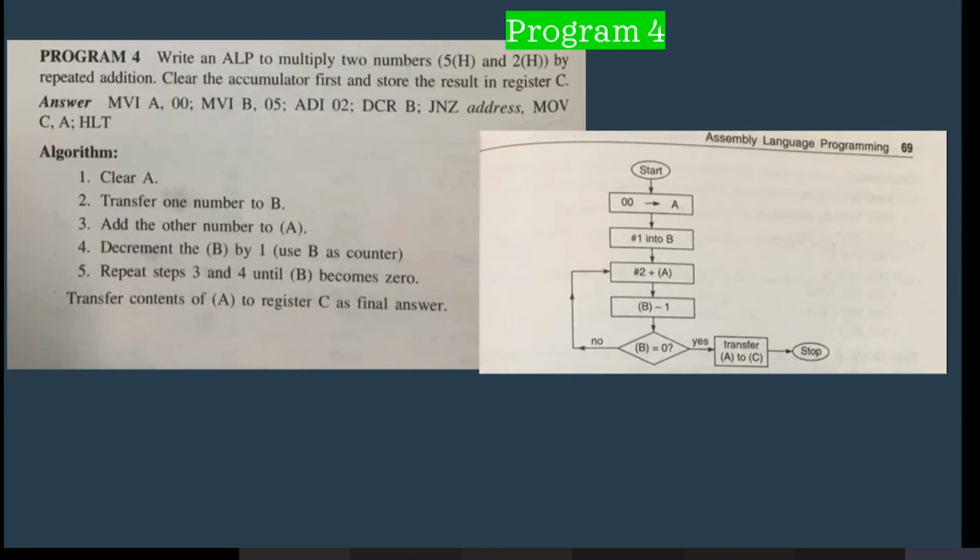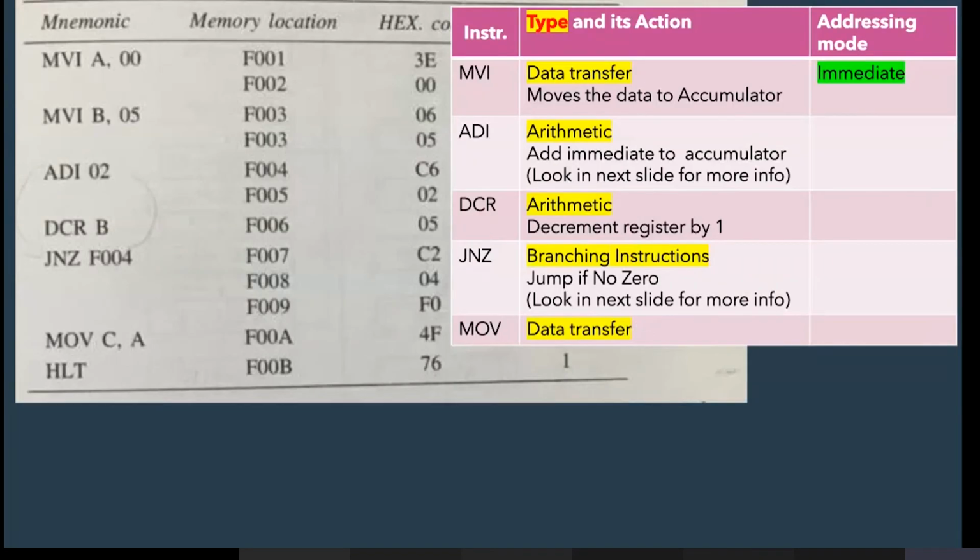Here #1 simply represents the first number. It can be anything. In this case, it's 5. And #2 of course represents the second number, which in this case is 2. So we are going to have B as a counter until B becomes 0. We are going to keep adding its value with A. That's all. As you know, I have a new symbol here in the flow chart to test my condition, which has 1 input and 2 outputs. Until this becomes 0, I'm going to keep doing this operation. All right, and so I have this list of values, mnemonics.